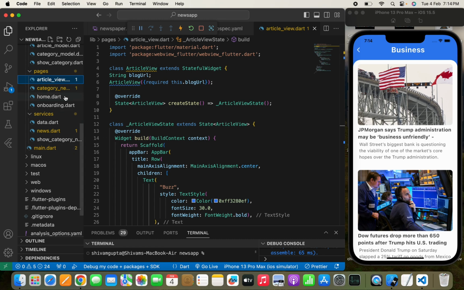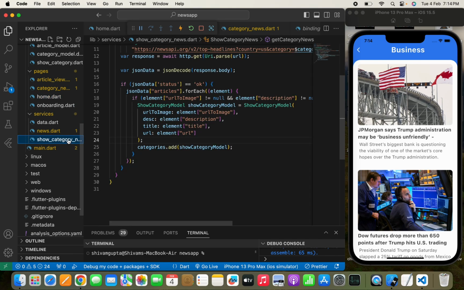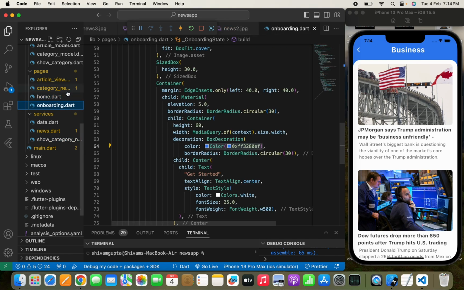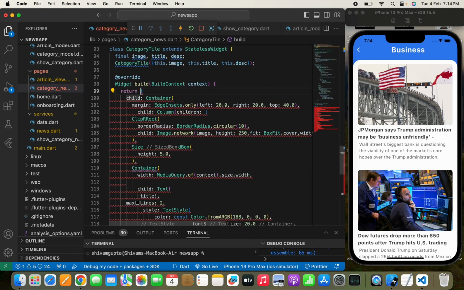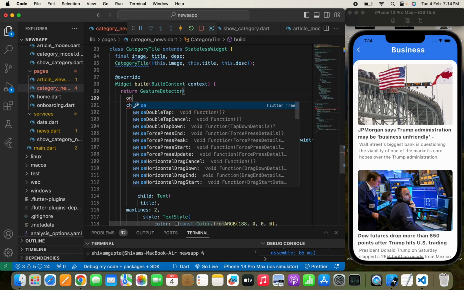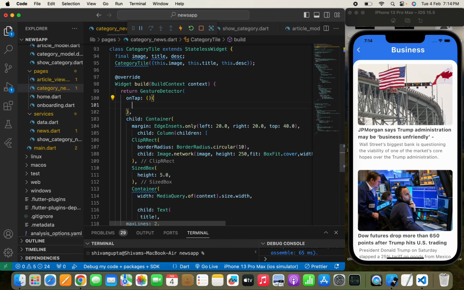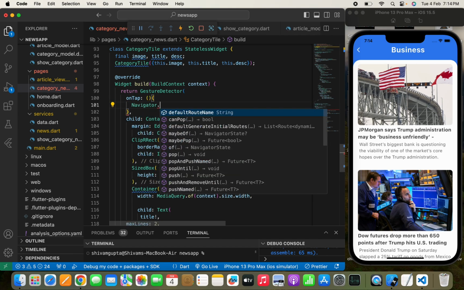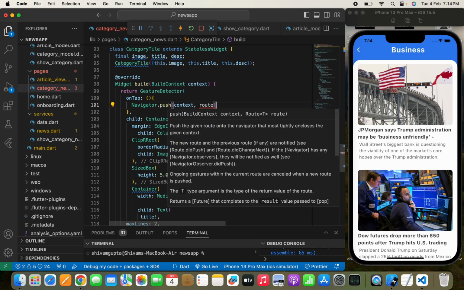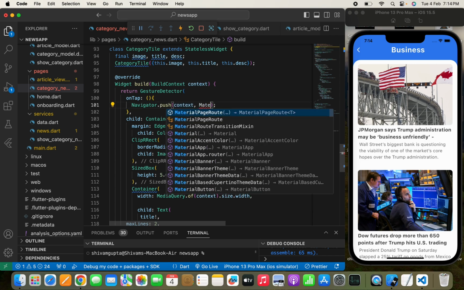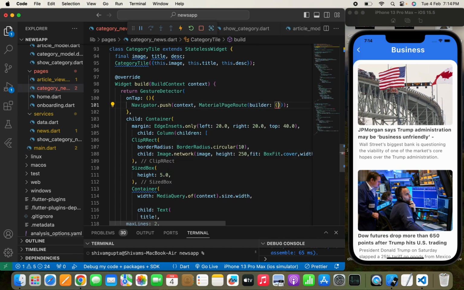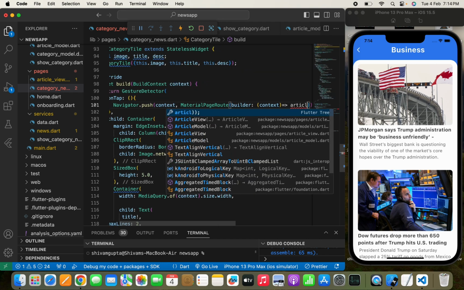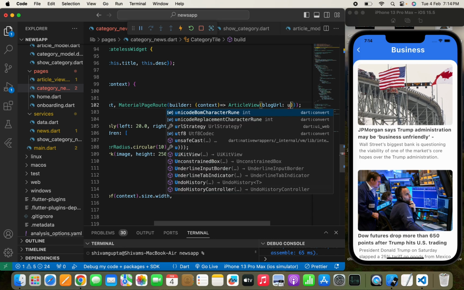Now here what I'm going to do is, where we have shown the category news, let me show you. So this is the page, and where we have shown it, we'll wrap it with a gesture detector, and in the onTap method I will just push the user to the article view page. So I'll just write Navigator.push, and will just push the user. So I'll just write MaterialPageRoute, something like this, and here I'm going to pass a context, and in the builder I'm going to pass the article view section, and here I'm going to push the